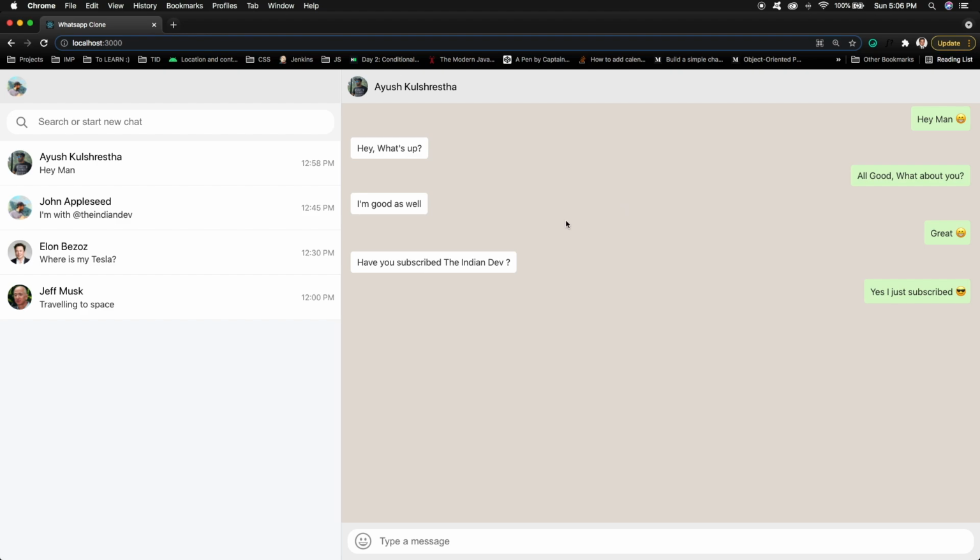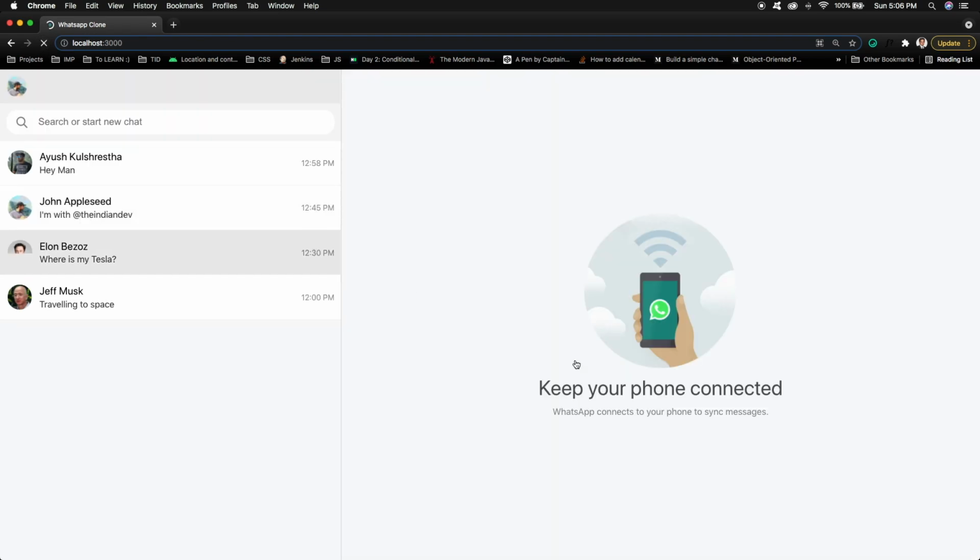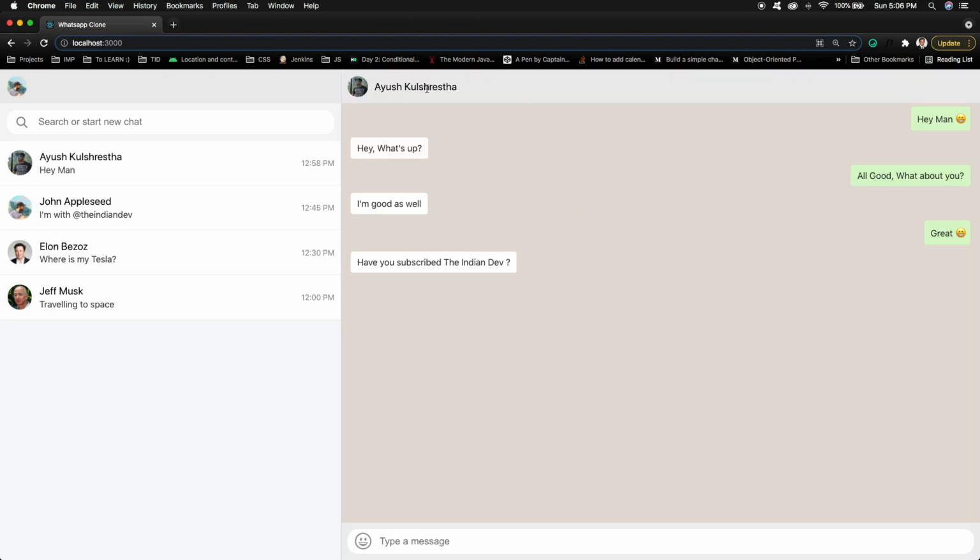If I consider that this is the container of this application, the whole container that is containing the application, we can divide it into two parts. The first one is the contact list component, and the second is a component which will render the placeholder or the conversation component, depending on the condition. If I refresh this, initially there will be a placeholder, but once a contact is selected like this, it is going to update the conversation component.